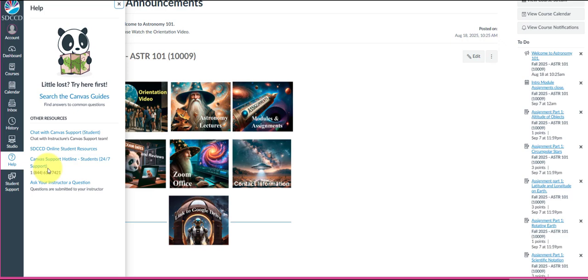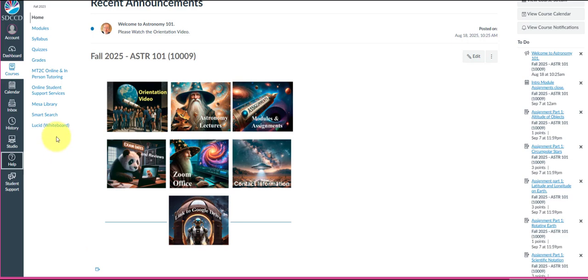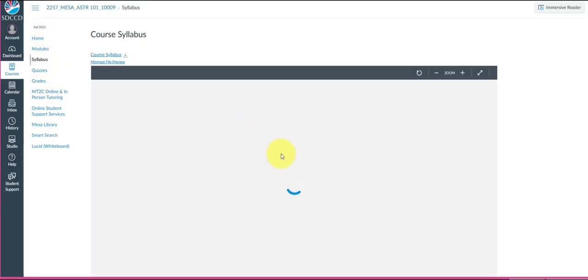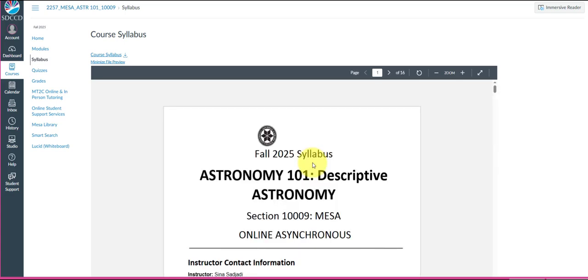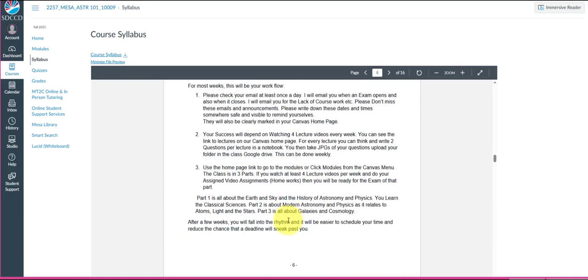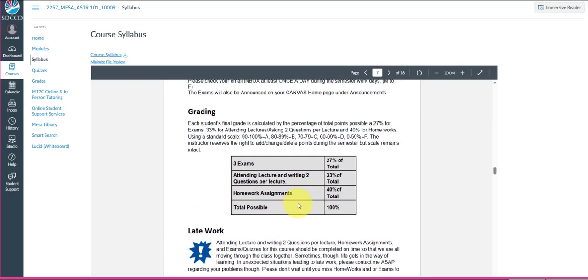All right. Besides that, we also have another set of options here. This would also take you to the modules, kind of like this one here, and this will give you your syllabus. If you click on it, you can see your syllabus. Whatever class you're in, your syllabus will open up automatically. You can click on it. You can go down. You can see all about the syllabus, and this is how your grades are determined.